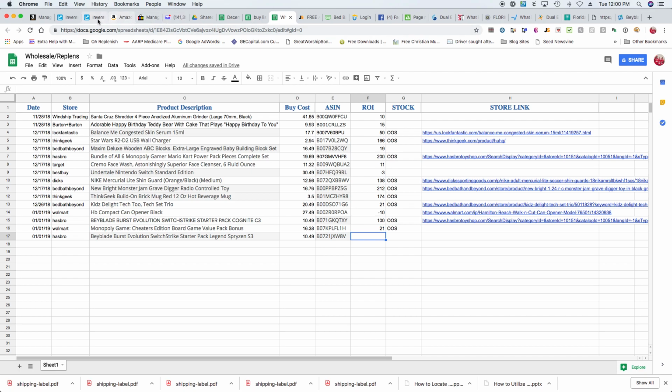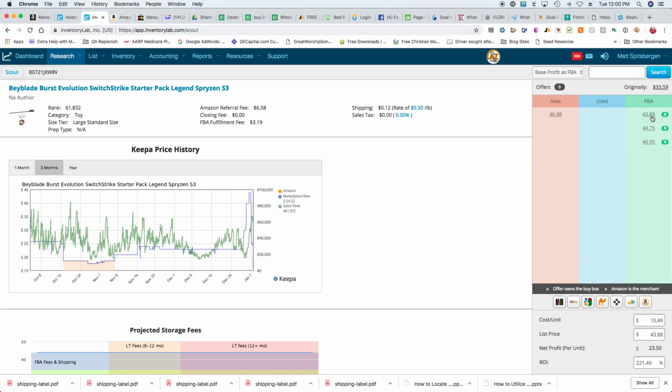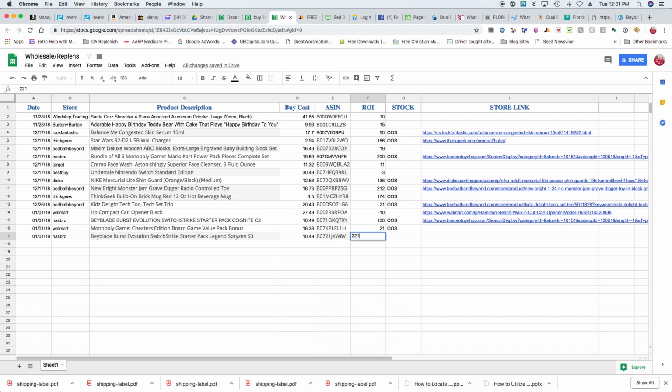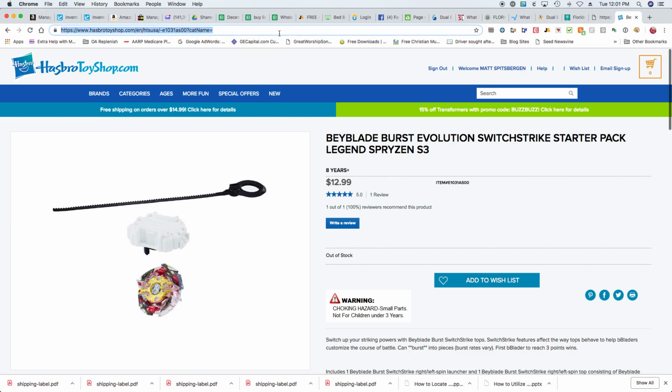All right. ROI is based on this 43,888 is over 200%. You don't have to put the exact. I mean, if it's that high, you can put 221. That's fine. So let's go back to here. 221 out of stock, and then let's copy and paste the link to the store